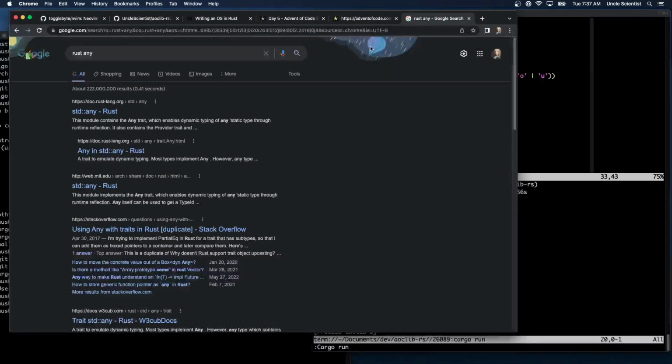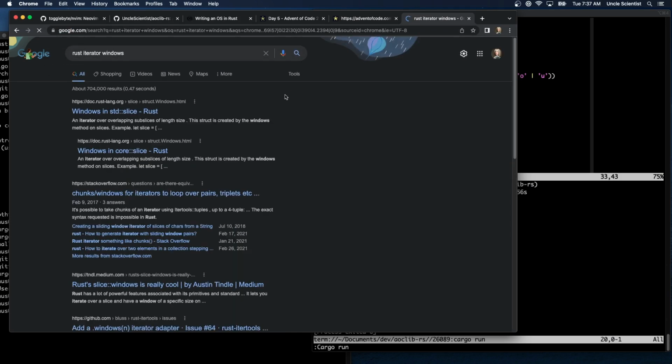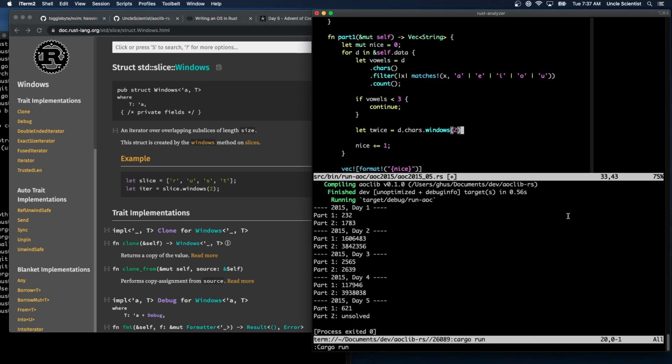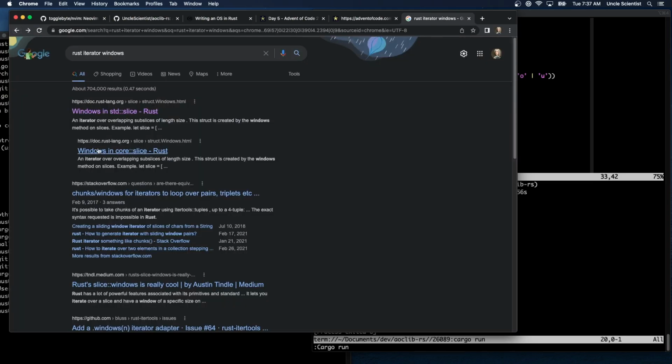I do that on iterator, Rust iterator windows. That's in slice. So it's not on an iterator. An iterator overlapping subslices of length size. So that has to be on a slice. It can't be on a